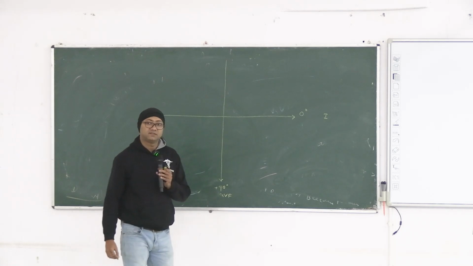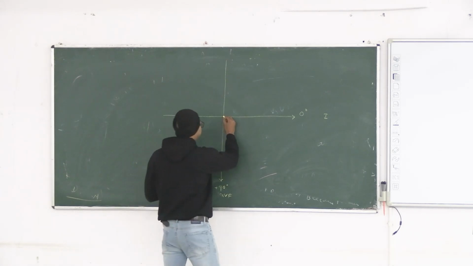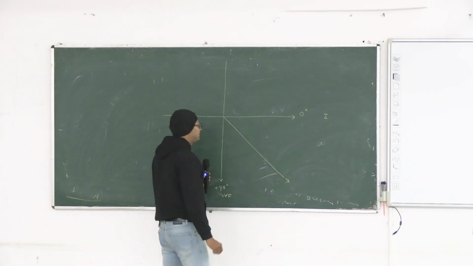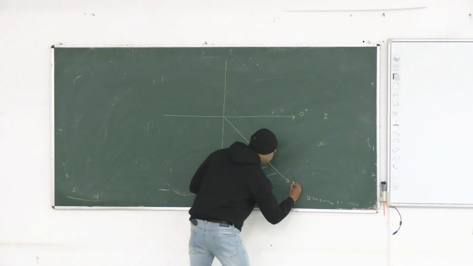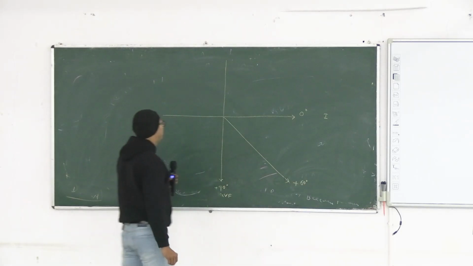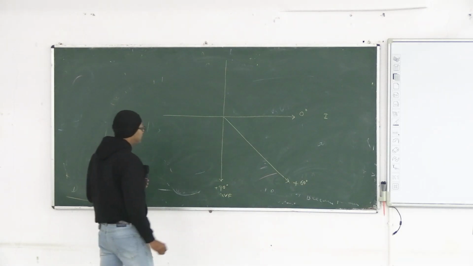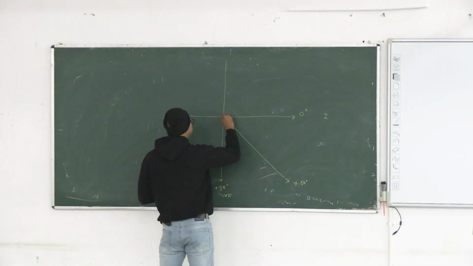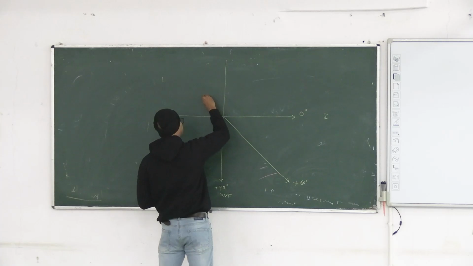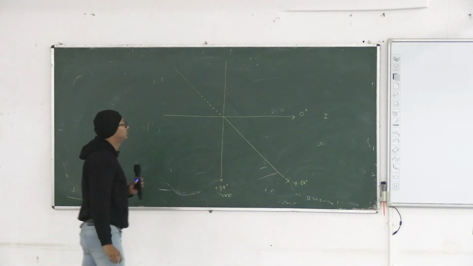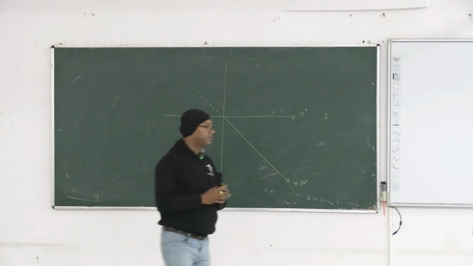Lead 2 is at plus 60 degree. So, here is lead 2, at plus 60 degree. Now, let us extend lead 2 backward. Now, what we need to see,